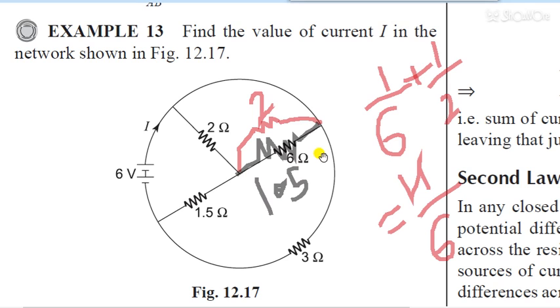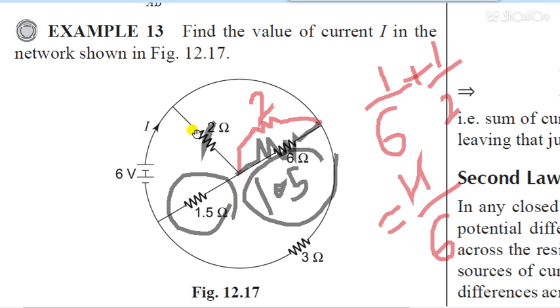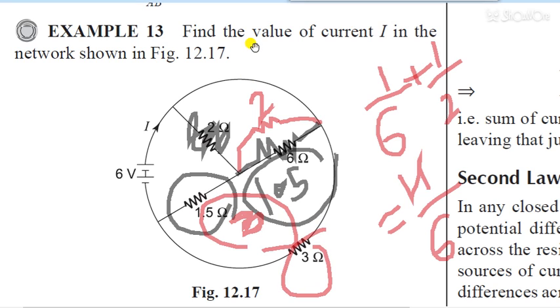Now students, this 1.5 and this 1.5 will be in series because this 2 ohm is already eliminated. This is combined with 6 ohm resistance. So now we have 1.5 and 1.5. This will make a resistance of 3 in series. Then again 3 and 3 are in parallel. Then we get again 1.5. So that means the total current from battery is 6 by 1.5. So its value is 4.